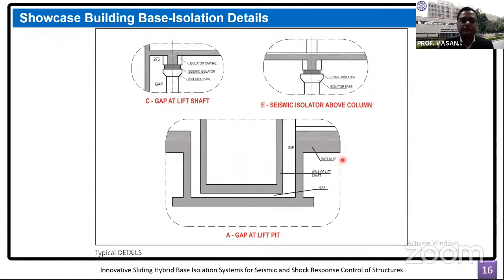So at the isolation level, we have maintained some gap with the adjacent members, and that gap is around 275 millimeters. Whereas the lift core is hung, so there is a clear gap here from the bottom as well as on the sides. So the isolators are placed on a flared column having some pedestal here. Though again, we could have still accommodated it on the column itself by choosing appropriate size of both the columns and the isolator. But here, this was our decision to put it in this manner.